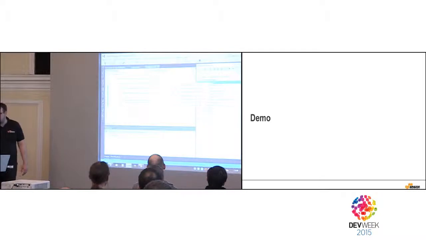So if you go to the References tab, you can add a reference. It's going to be just a .NET DLL.